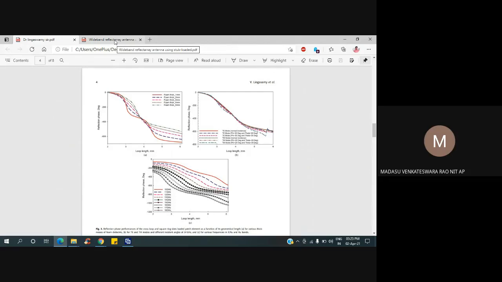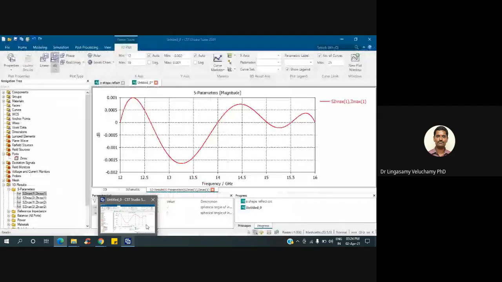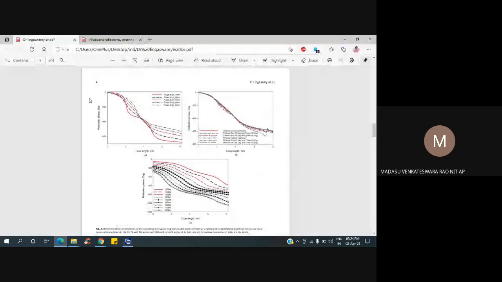Whenever I take the distance as lambda by 4, the cells are not arranged properly. No, I'm telling the distance to the reference plane only. Center point to center point is lambda by 2.